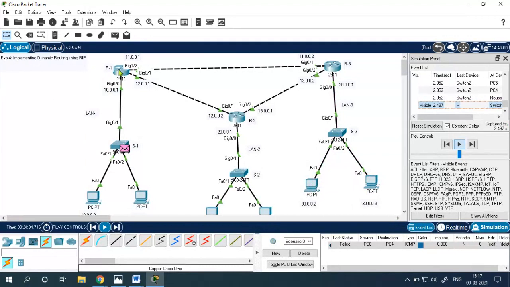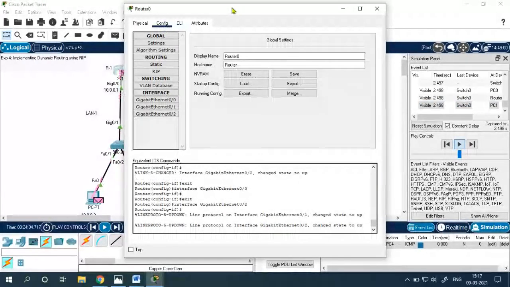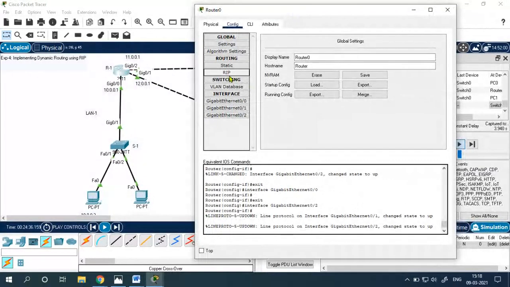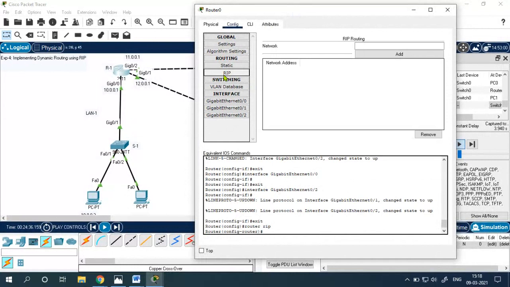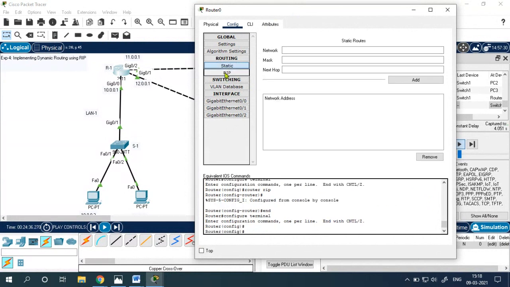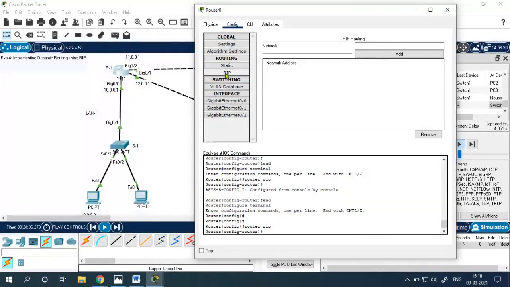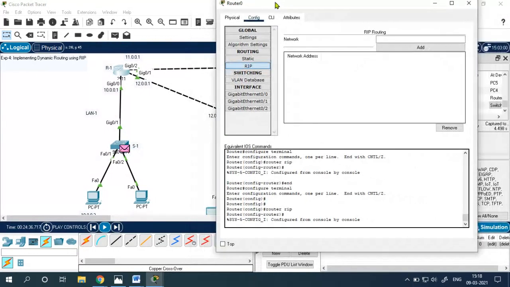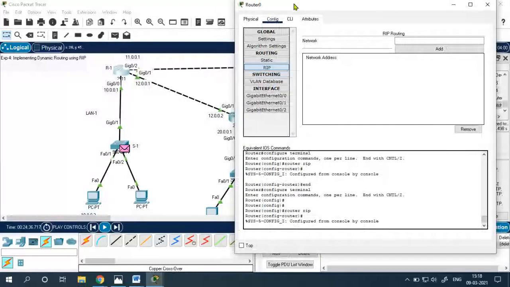Now I am configuring router 1. I will configure it as dynamic by using the RIP protocol. You click on the router, then there are two options, either static or RIP. For dynamic, I will be using RIP, Routing Information Protocol. I have to see which network is directly connected.